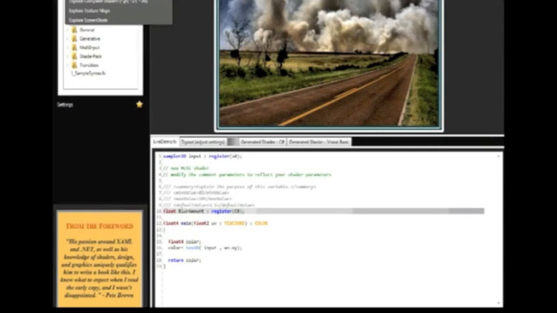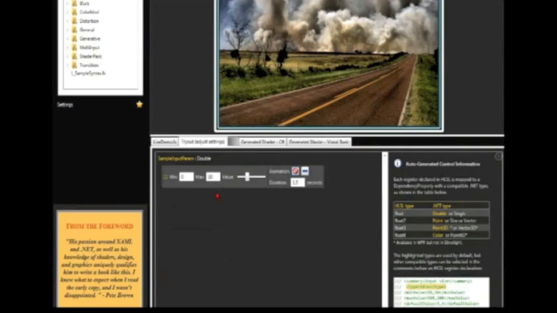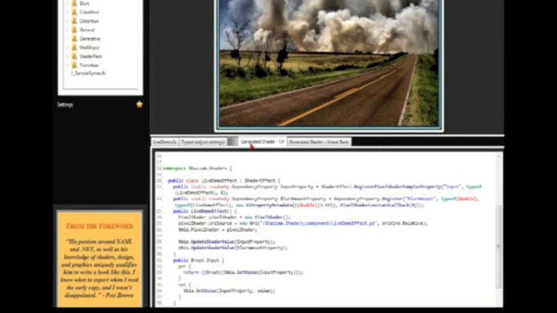And I'll save this, and then I'm going to recompile. And if you go look at the generated shader, you'll see that there it is. So it renamed that dependency property to blur amount. And so then what you do is when you're ready to use this in your application, you go to Tools, Explore Compiled Shaders,